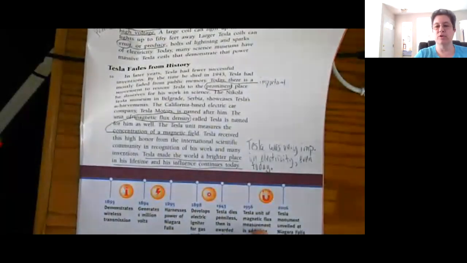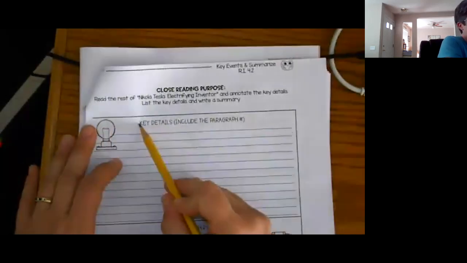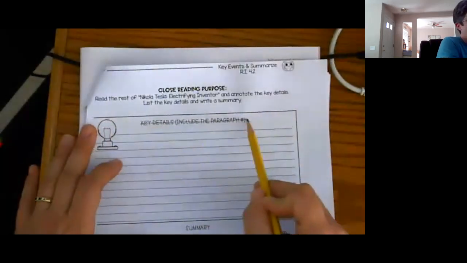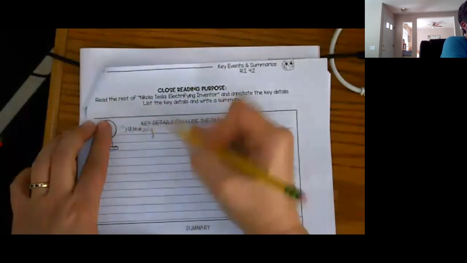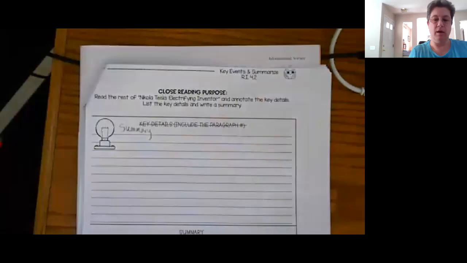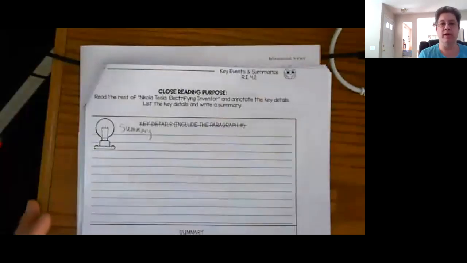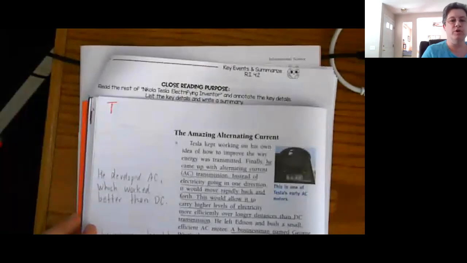So one of the things that you'll do for your homework before the Zoom meeting will be on page 15. Again, instead of writing all the key details, which I already found for you, you're going to finish your summary of Nikola Tesla. And everything that we've read about in this second half, almost everything, dealt with his alternating current. So if you'll remember from our very first writing that we did,